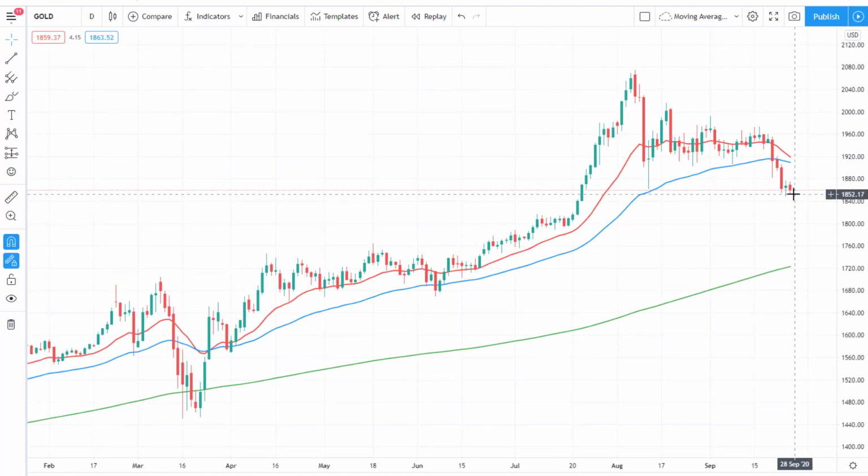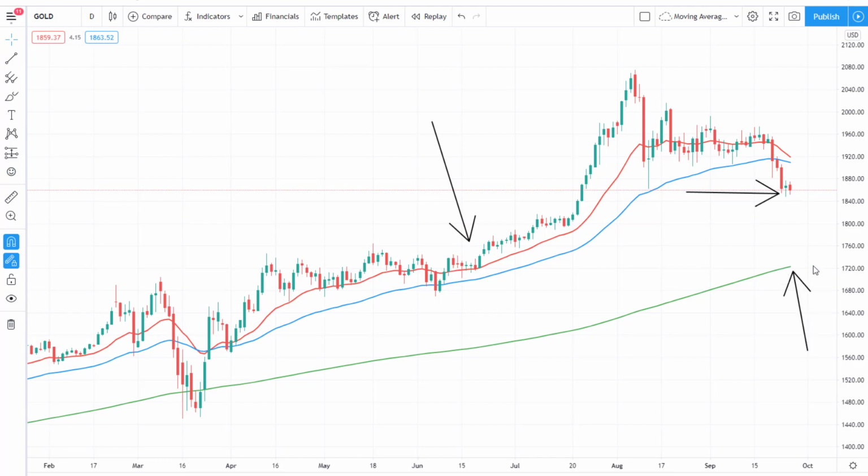If we break this level short, and I will say if we break this level short, it really activates gold to have further selling pressure, and I wouldn't be surprised to see it down at this 1760 to 1750 area, where it'll probably meet up with the 200 exponential moving average, this green line, and previous market structure. As you all know, one of the things that we look for on this channel is previous market structure. And it looks like previous market structure is mostly around that kind of 1750 area, with 1800 possibly acting as some support as well. Gold has been really one of those things.